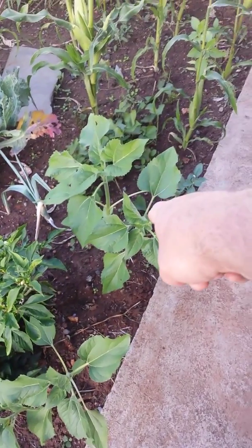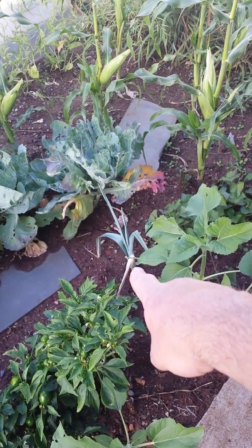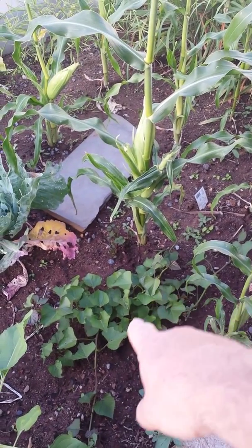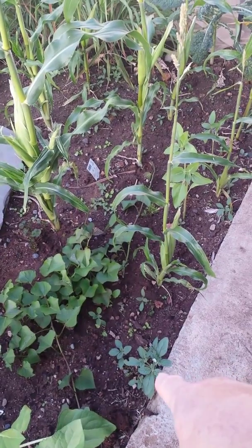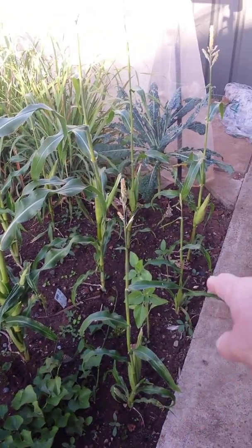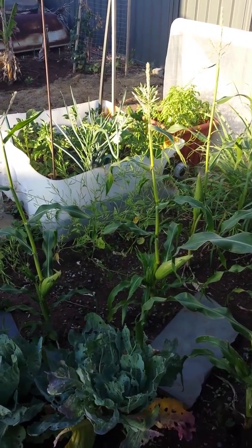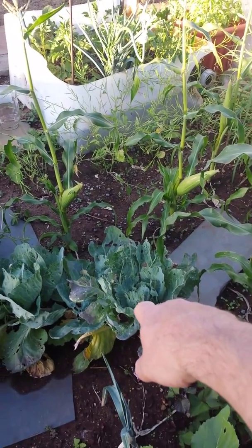These are sunflowers. That is a leek. I was going to say spring onion. Down here we have sweet potato, which are coming up from last year's crop, self-seeded. That's a weed. Need to do some weeding. It's been away. Corn, which Davina has just harvested half a dozen heads of corn about half an hour ago. Here we have some